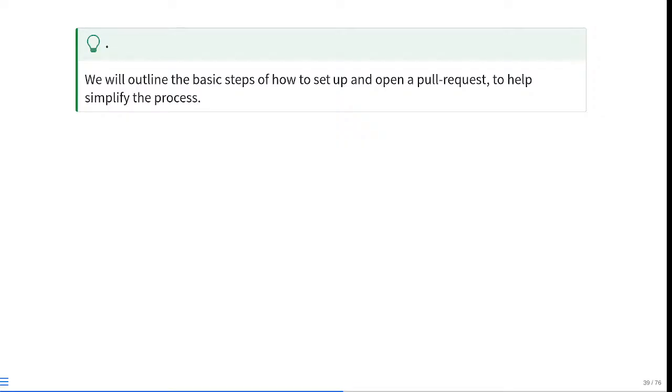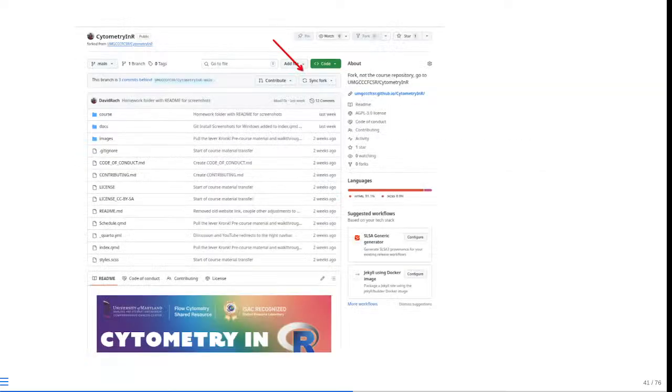This is basically my description. So the very first step, if you're going to submit the optional take-home problems, is you should go ahead and sync your fork. I know I've covered this a couple times over the last couple weeks, but if you open up the forked version of the Cytometry in R project that you have, if you're behind, let's say I have updated the website and sent in the next week's material, you'll see that your branch will show something like